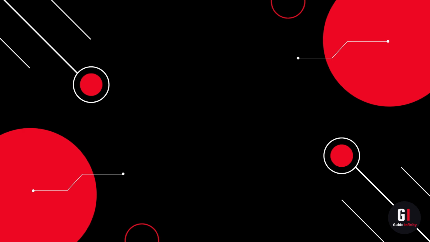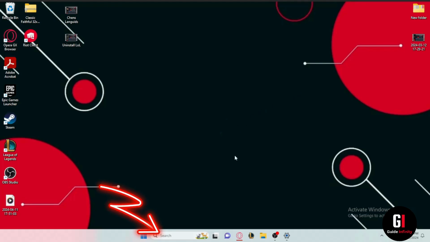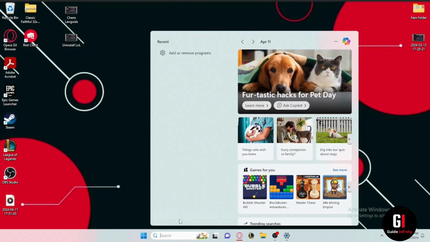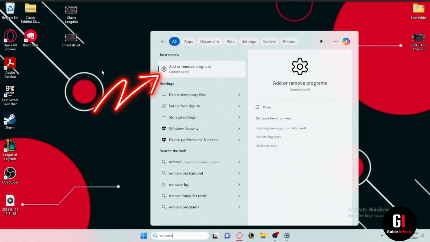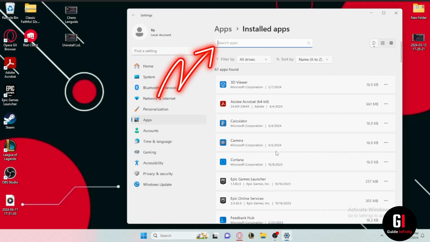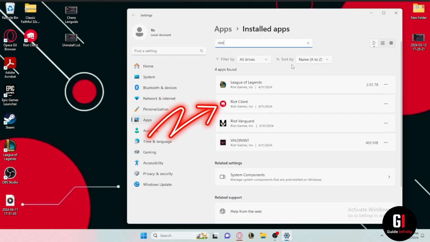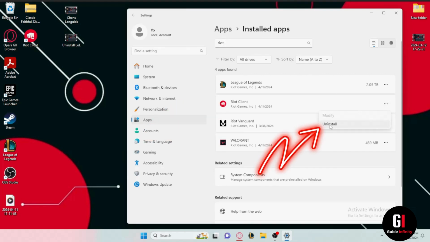So in order to uninstall the Riot client, the first thing you're going to need to do is come down here to the taskbar and click onto the search box on the left, and then type in remove. Then click onto the first result that appears above here. You're going to find yourself in the apps section of the settings, and from here click onto the search box at the top of the page and look for Riot client. Once it appears, go ahead and give it a click if you're using Windows 10, but here since I'm using Windows 11, I will have to click onto the three dots next to it and then select uninstall down here. Now this is normally all you have to do if you want to delete Riot client, but